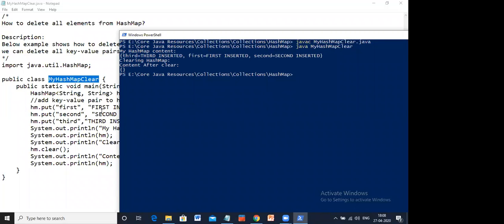Okay, here you can see this. First we had the list of values, and after using the clear function, only the curly braces are left. That means the hash map exists, but the values from that particular hash map have been deleted. Okay, you saw this example. So it's very clear with this hash map concept. Okay, fine. So you got today's session.